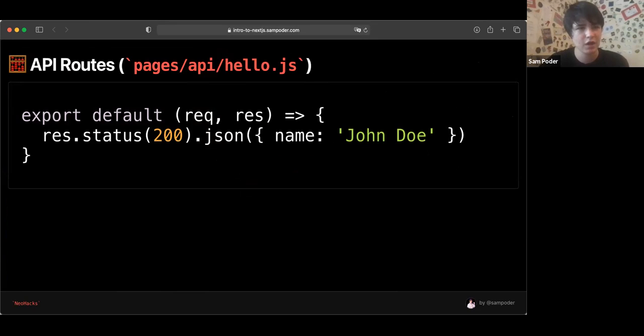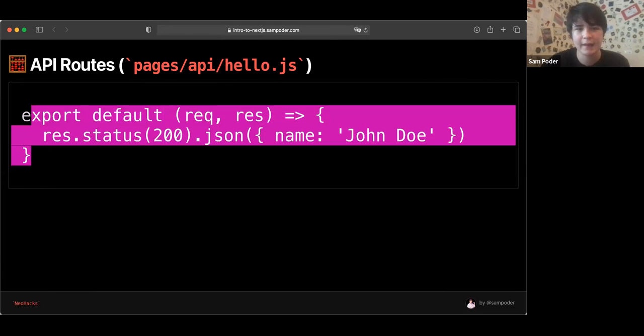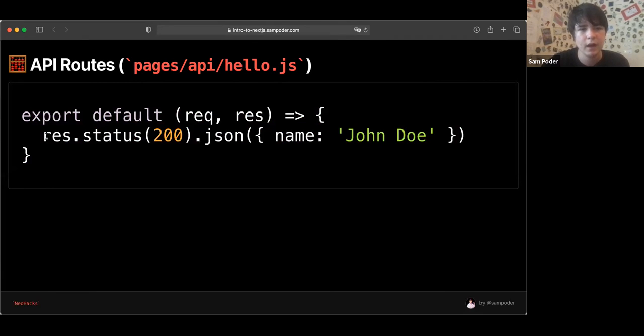And you've got API routes in Next.js. So here you have just a very simple API route. You make a file like pages/api-hello.js, and they create like a handler function, and then you can run JavaScript on the server and then send something. It's a little bit like Express. There's a few differences, but it's a lot like Express. And it's kind of built on top of